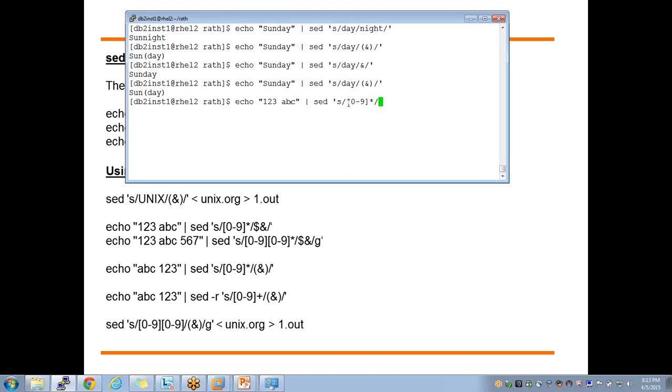What I am searching for is 0-9 star, 0 or more occurrences of a number, right? What does this dollar signify here? Replace that with a dollar and whatever is the matched string here.